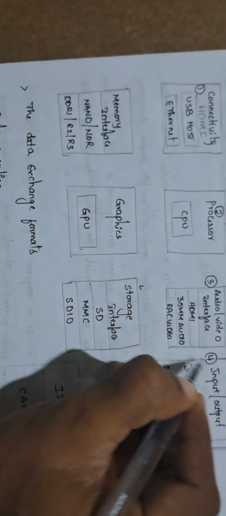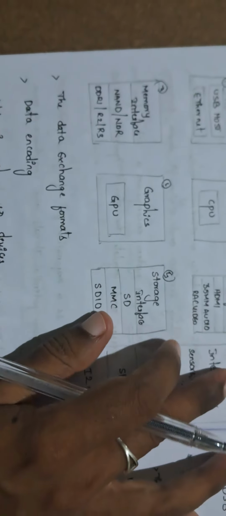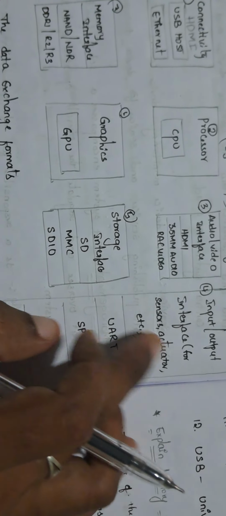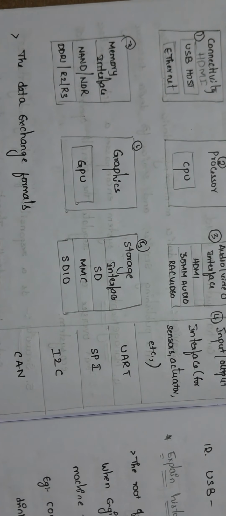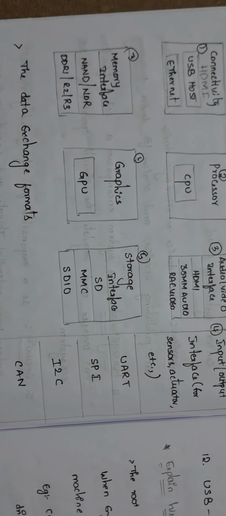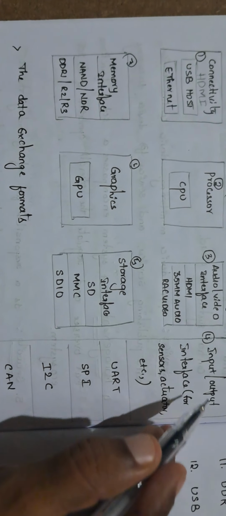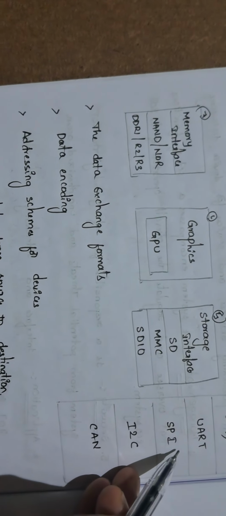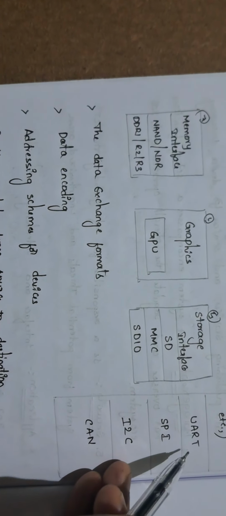So this is the fourth one, this is the fifth, this is the sixth, this is the seventh. Now we will check from the fourth. An interface is required for input output parameters. For that we utilize the sensor. Input is nothing but the sensor, output is nothing but the actuator. Why? Because the sensor identifies the object, and the actuator performs based on that identification. So that is the reason we consider it the input output interface. In that we have to record UART. UART is nothing but Universal Asynchronous